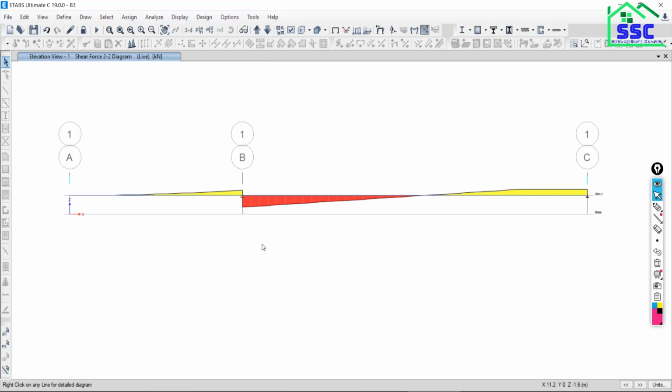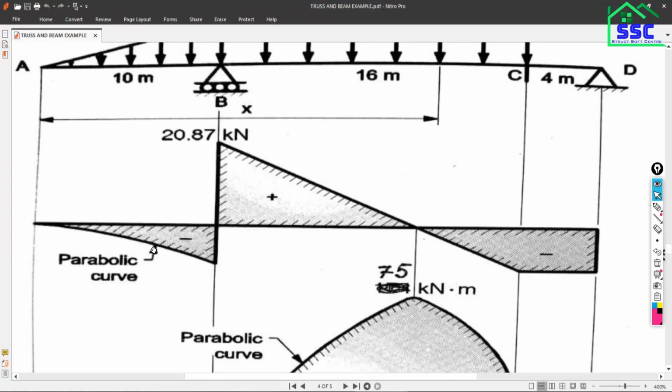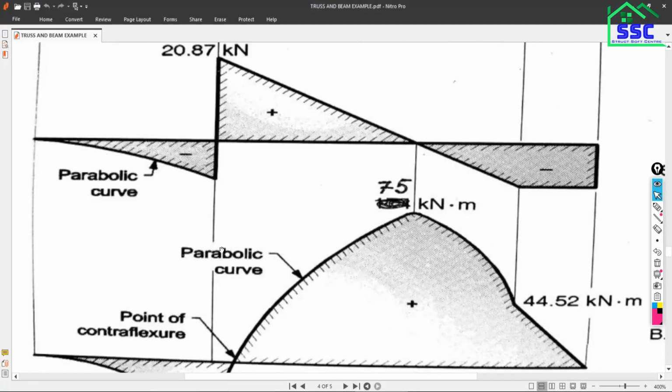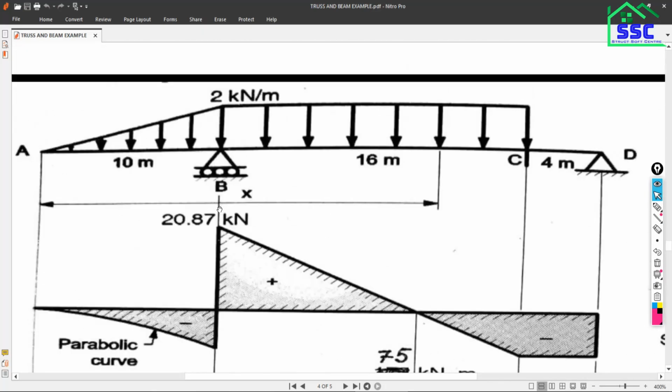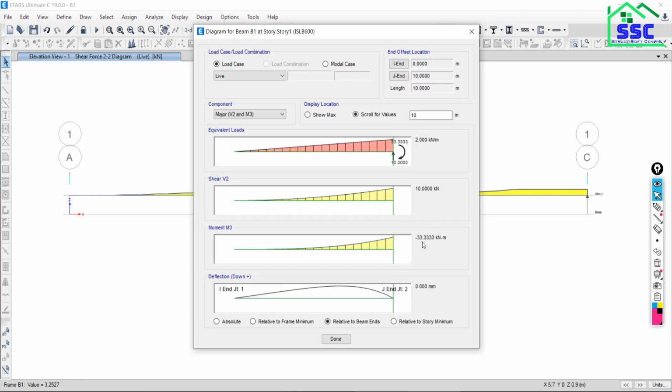Say apply. Is it visible? So for the left side beam, just right click. The part result will be there because we have modeled it as a separate overhang beam. So the result on the left side, obviously nothing will be there. It is a free end, no movement, no shear force. On the right side, how much load are we getting? Shear force is 10.